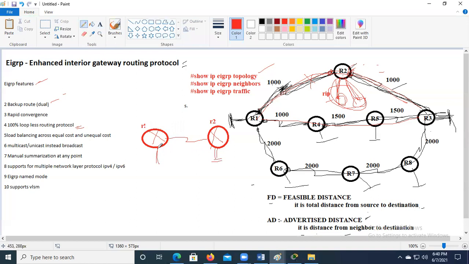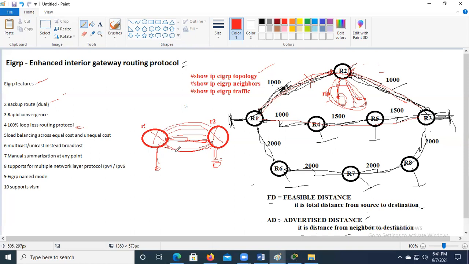And consider we have 192.1.1.0 here, 192.1.2.0 here. Router 2, once you configure it, will advertise its complete routing table information to router 1. Router 1 also will advertise its complete information to router 2. And what router 1 received from router 2, it will advertise back again. It will be advertising again every 30 seconds, because it has to advertise its full routing table information to router 2, and router 2 also has to advertise its full routing table information to router 1.